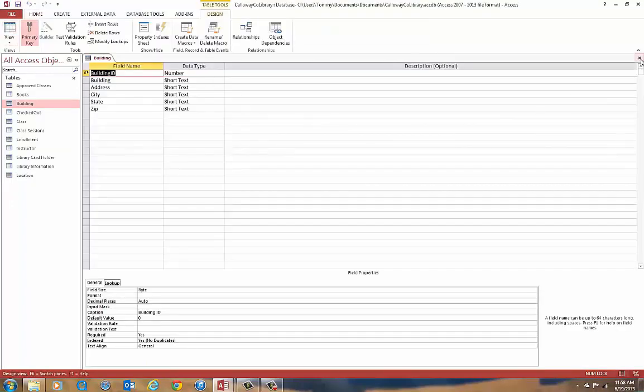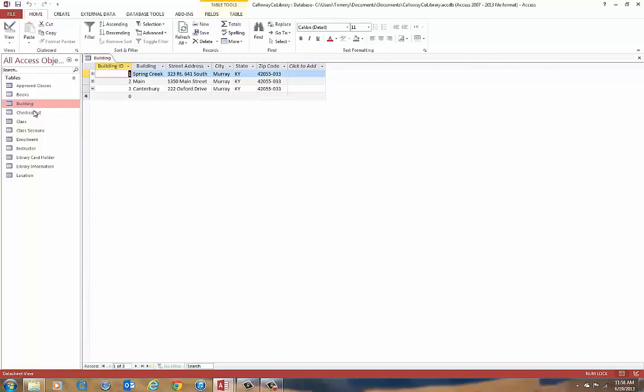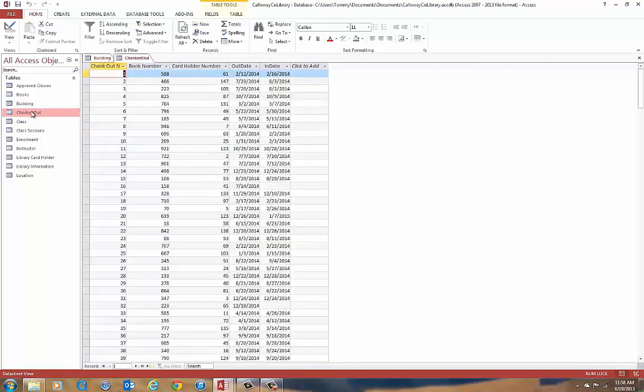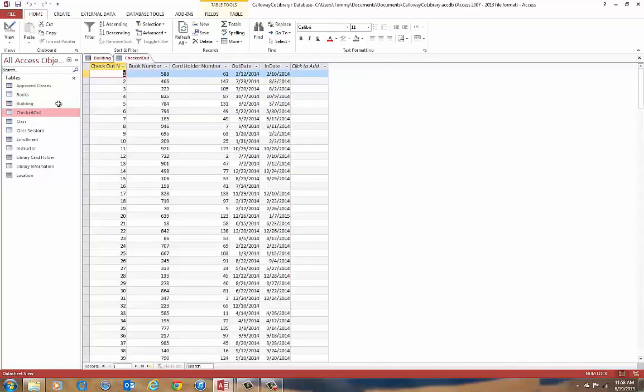But okay, good. All right, and then checked out. Say building doesn't get any data from anywhere. Checked out. Well, it does. No, it doesn't get any data from anywhere. Checked out. It's book number and card holder. Let's change checked out